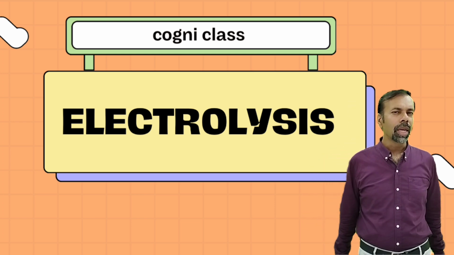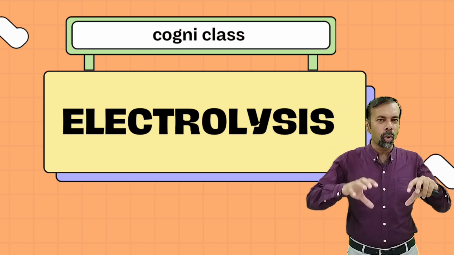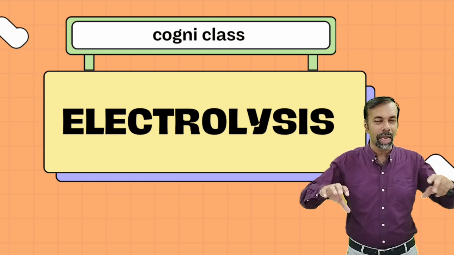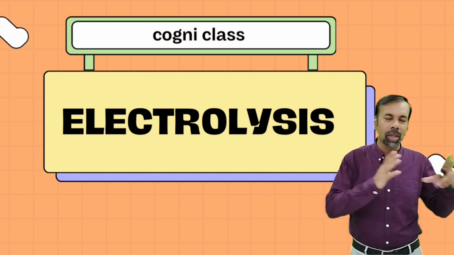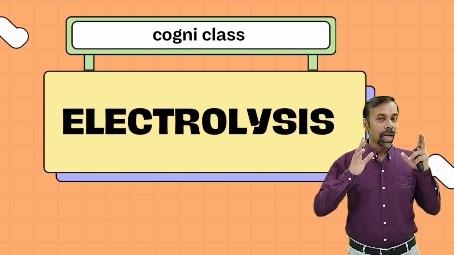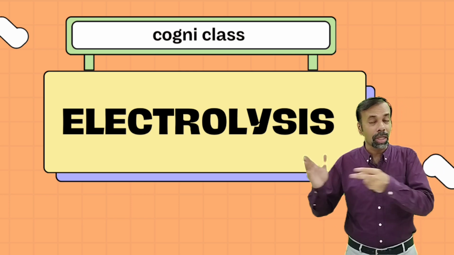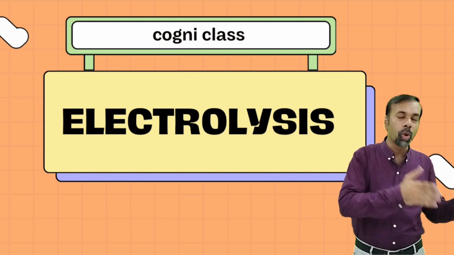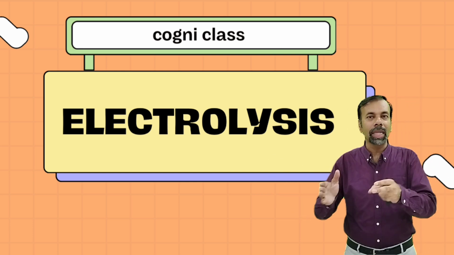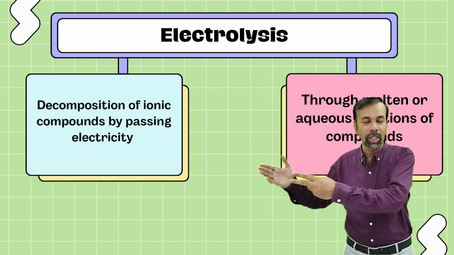We can decompose sodium chloride into its components, sodium and chlorine. We can break down lead bromide into lead and bromine, and potassium chloride into much valuable potassium and